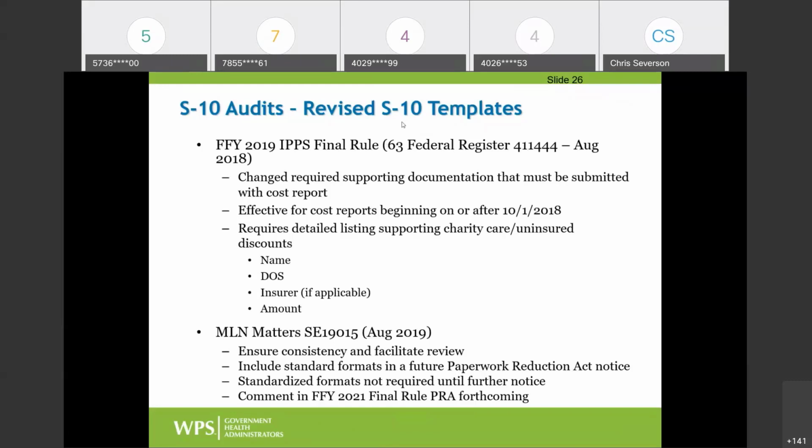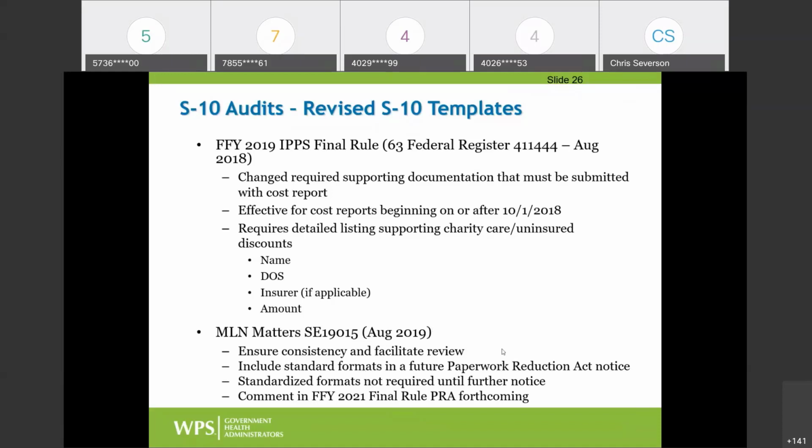It's the one we just talked about, the one with the acceptability, how you have to have the S10 documentation for the charity care, all of that. Now, I do want to mention, just a reminder, that all those formats we talked about are just optional at this point. However, CMS has stated, and they even mentioned in the Federal Register just recently, last month, that